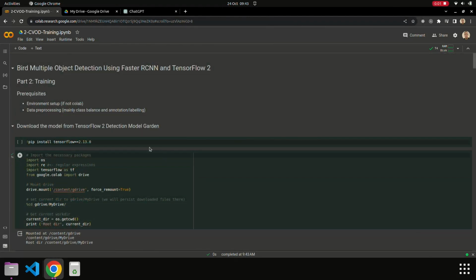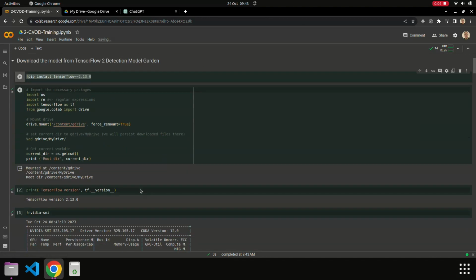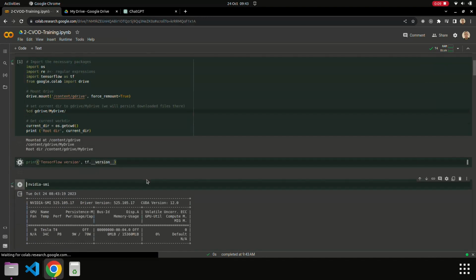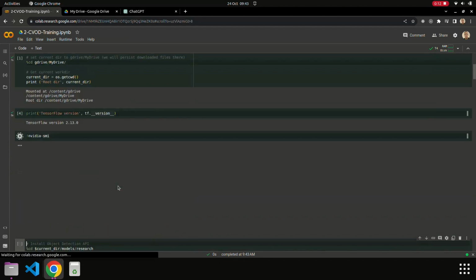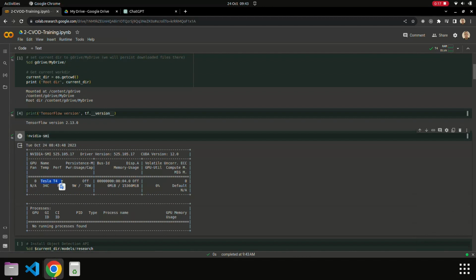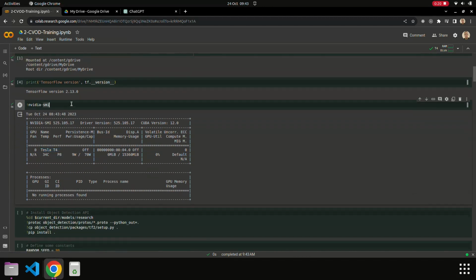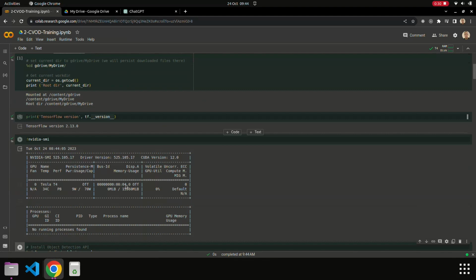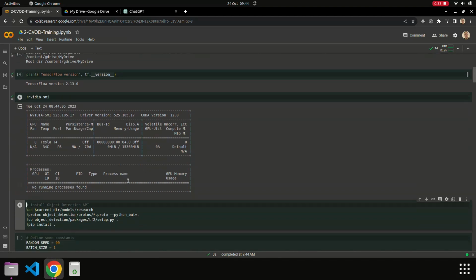Okay, the point we discussed in the last video about the TensorFlow version. It's important to install the version 2.13.0 because the 2.14, which is the latest version at the moment of the recording of this video, will not work with the object detection